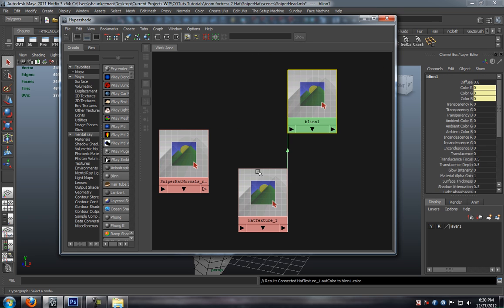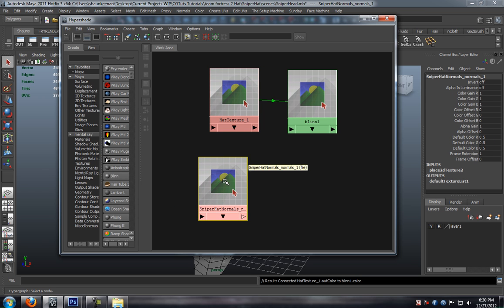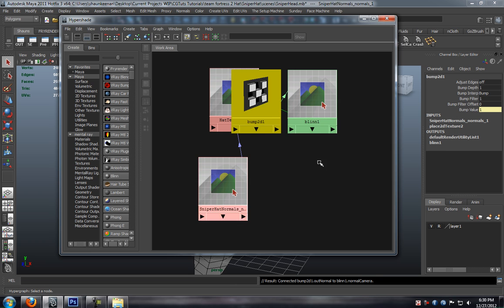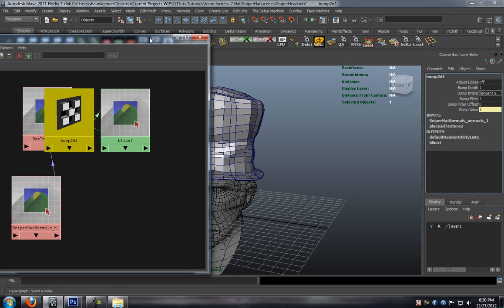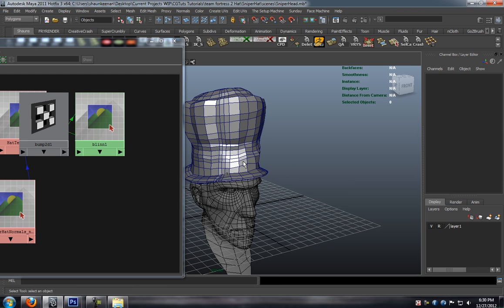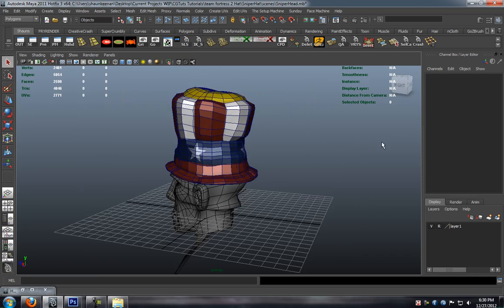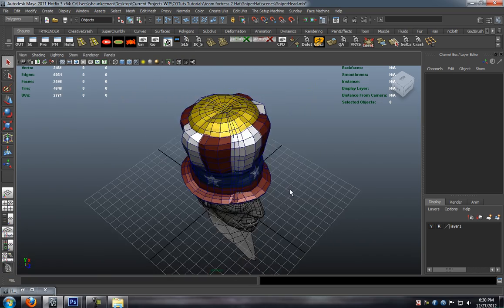So we'll just set the hat texture into that blend as the color swatch, set our bump map in there, make sure we change it to tangent space normals. Go ahead, select our hat, apply our shader, hit 6 so that we can see our color, and that's actually looking fairly decent,